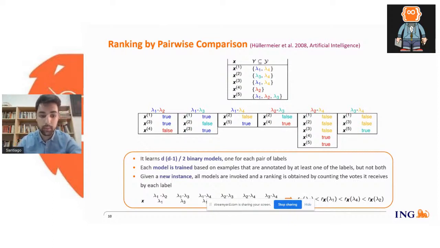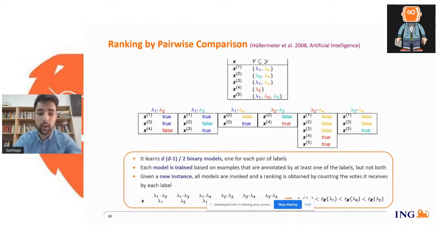For example, this first model is trained with examples that have label 1, this is x1 and x3, and those that have label 2, this is x4, but not both of them. And for example, x5 is excluded since both labels are equally preferred, and it's giving no information to this particular model. Okay, so at the end, each model is going to give a vote to any of the two labels,